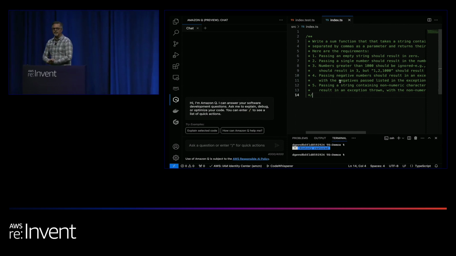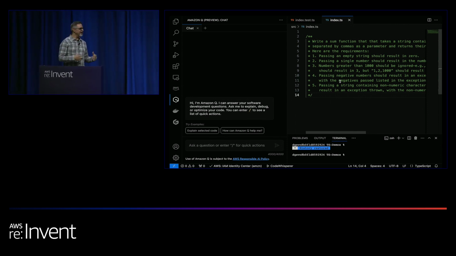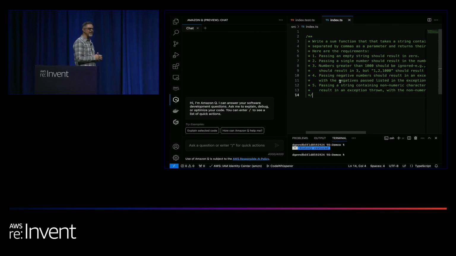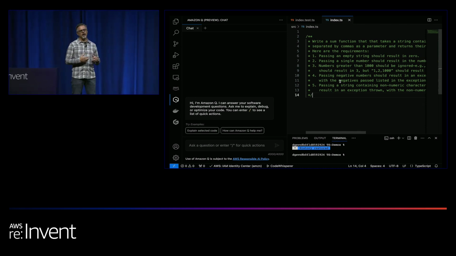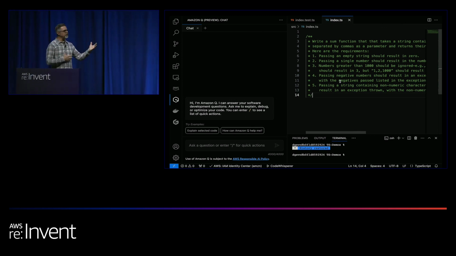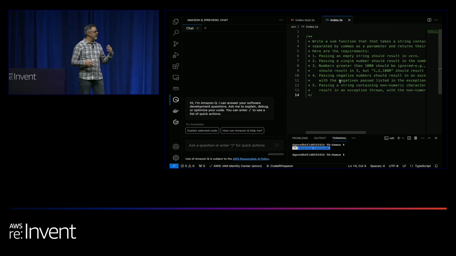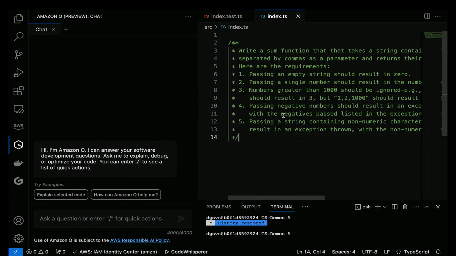One of the things we did, because the session on Monday was before we announced Q, we didn't get to show some of this cool stuff. So we get to do a little bit of a variation of some of the things we did that show you all the cool things that Q can do. And so when we talk about how you as a developer become more productive using these generative AI tools, there's a couple different ways that you can work. So one of them is represented on the right-hand side of the screen, which is I'm working in my code editor, and I'm going to use natural language, in this case, English language, to express my intent.